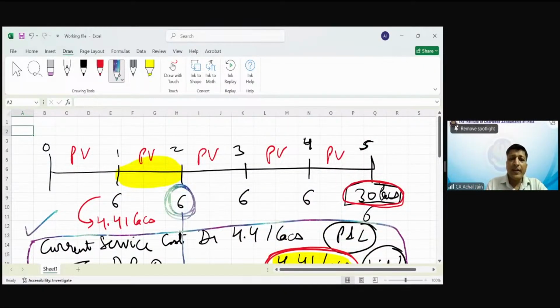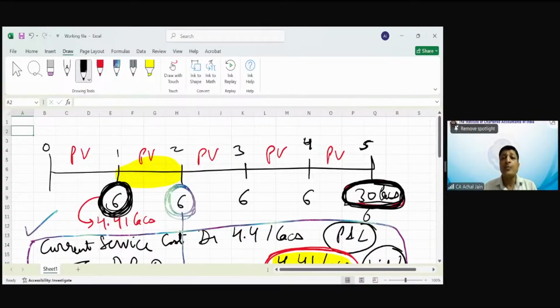Okay, so now over here, which 6 lakhs are we looking at? We are looking at this one. Correct, Rohan? Now, this 6 lakhs is the amortized portion of this 30 lakhs. And when are you expecting this 30 lakhs to be paid? At the end of fifth year. Okay. So if you record this 6 lakhs at the end of first year, knowing that you will have to pay this at the end of fifth year,